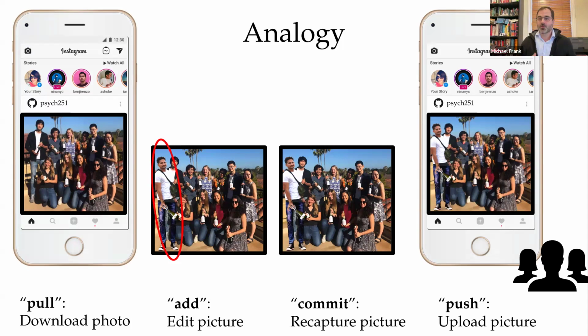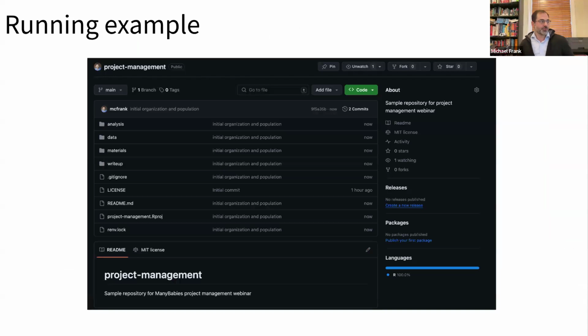updated. So GitHub here is Instagram, and Git is the software that manages all of these adds and commits and pushes up and down. So when I showed you this particular repository at the beginning, this is a GitHub repository where I have created my local copy and organized everything just right, and then pushed that up to GitHub to create that authoritative shared version, and then somebody else using it could pull that back down.